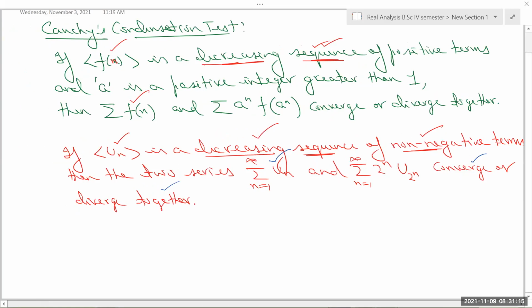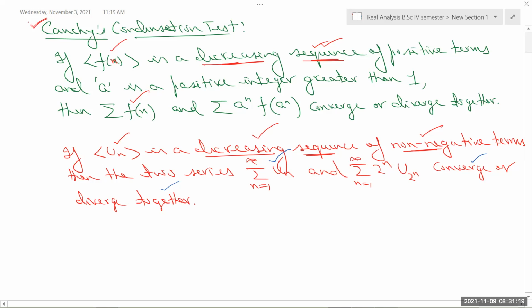Now another is Cauchy's condensation test. This one is very important. This is also a form of comparison test. Not to write here, but this one is. So it says Cauchy's condensation test